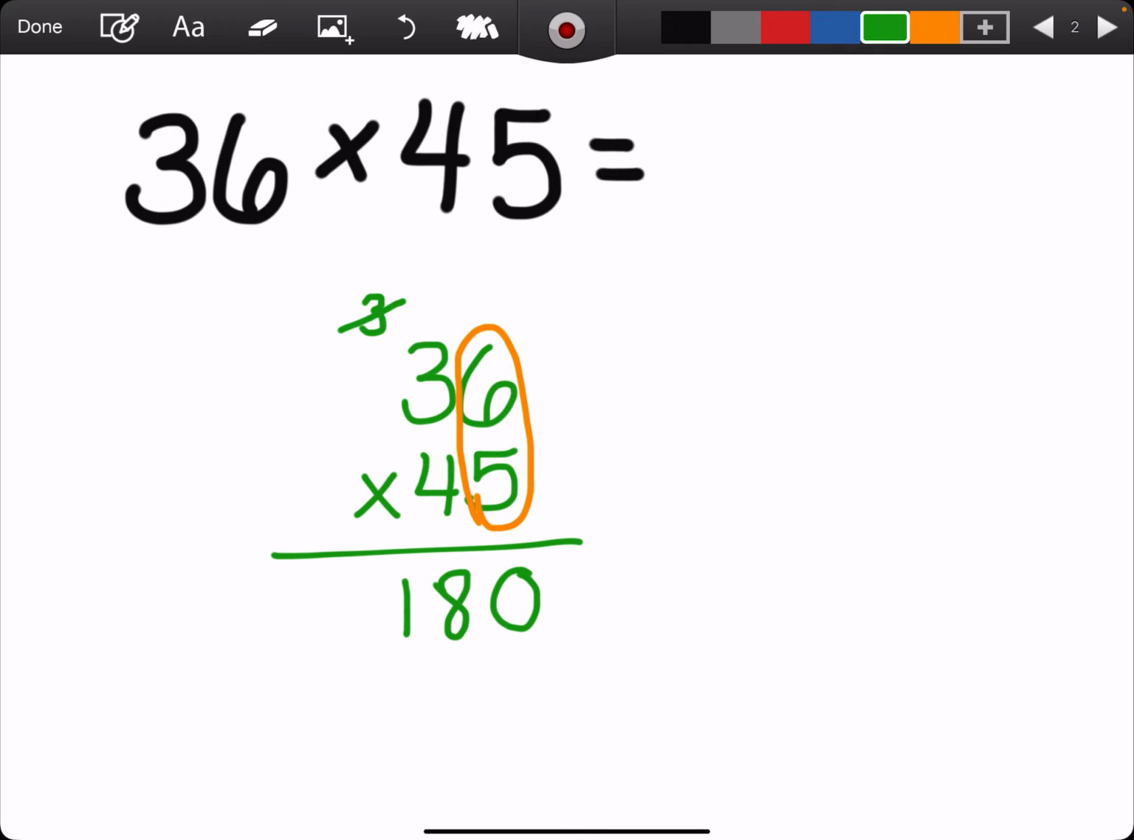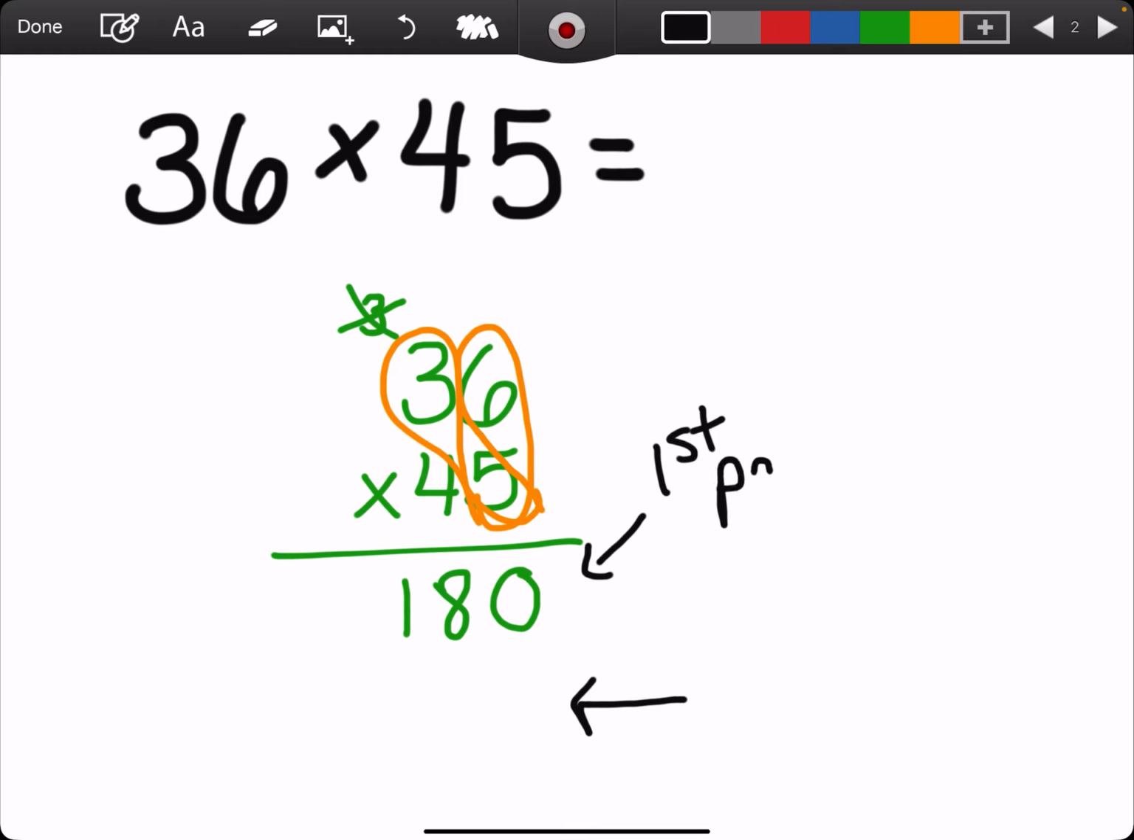Now I'm done with that 3. I'm going to cross it out. And now I've multiplied 5 times 3. It's like a turtle head, okay? I know in 3rd grade you may have talked about turtle heading your numbers, okay? So I did my 5 times 3 already, okay? Now I need to go to the next row, okay? I'm going to the next row underneath our 180, okay? Because that is our first partial product here,